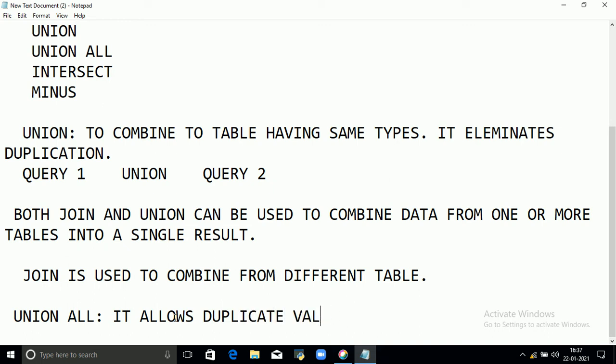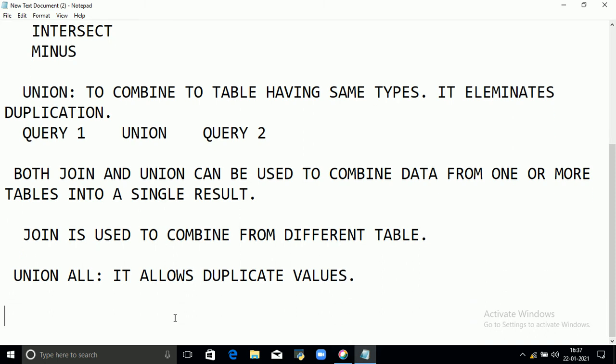That is the main difference between union and union all. In union it eliminates the duplication, whereas in union all it allows the duplication. Okay, we can combine two tables by using union and union all.